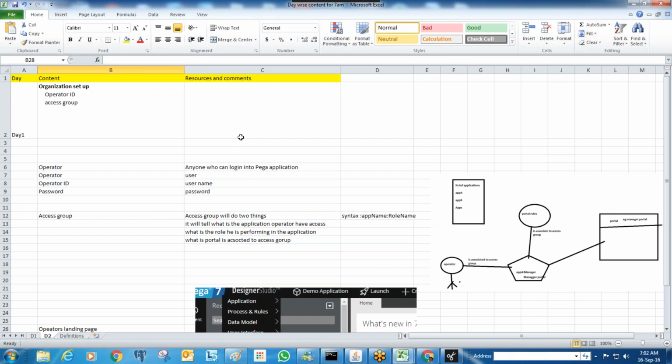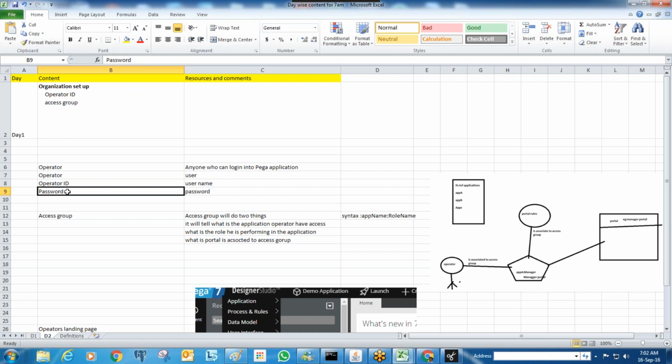Okay, Subhash, one more question. Generally, will operator IDs be created by the LSA or can CSSA role people also create them? There won't be any roles like that. Even a normal developer like you can also create operator IDs, just by save as on a record, right? It's not like some roles should define it. Anybody, even a normal CSA developer, can create operators. But the existing developers will usually create them.